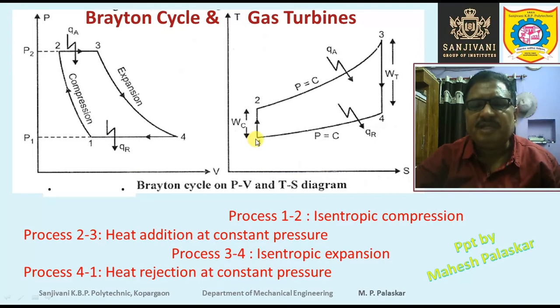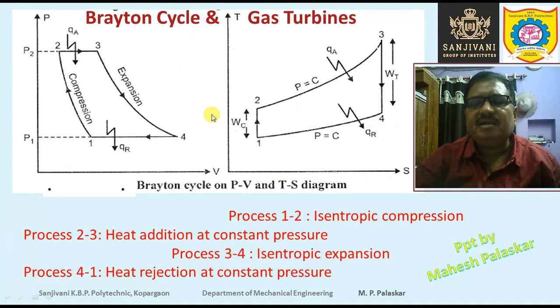So it is a process of heat rejection at constant pressure, and then the working substance will enter inside the compressor. So before the working substance enters the compressor, it is cooled in case of the closed cycle constant pressure combustion gas turbine. So the working substance is first of all cooled and then it enters the compressor. So that is the working, or this process occurs in the constant pressure combustion closed cycle gas turbine.